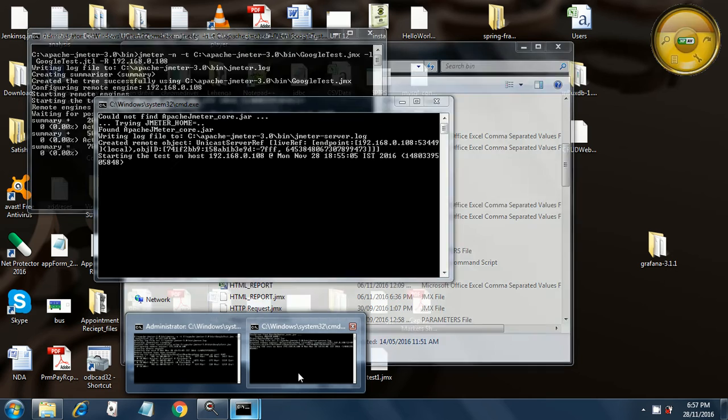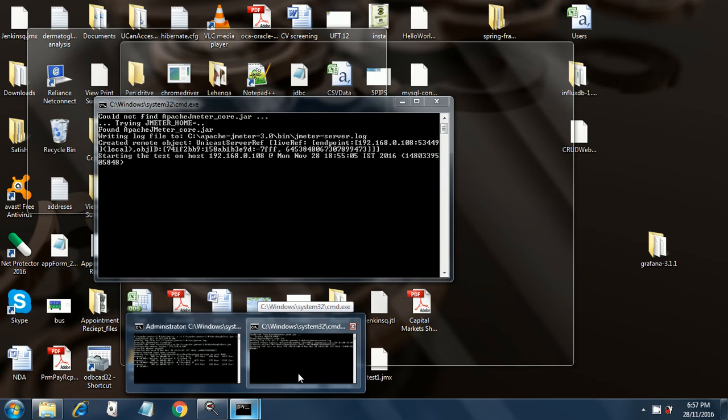Simultaneously the results will also start coming on the console window of the JMeter server. So let's keep observing these two windows. This is taking time because we have given a stepping thread group in which we have specified the ramp up period, the waiting time, and so on.